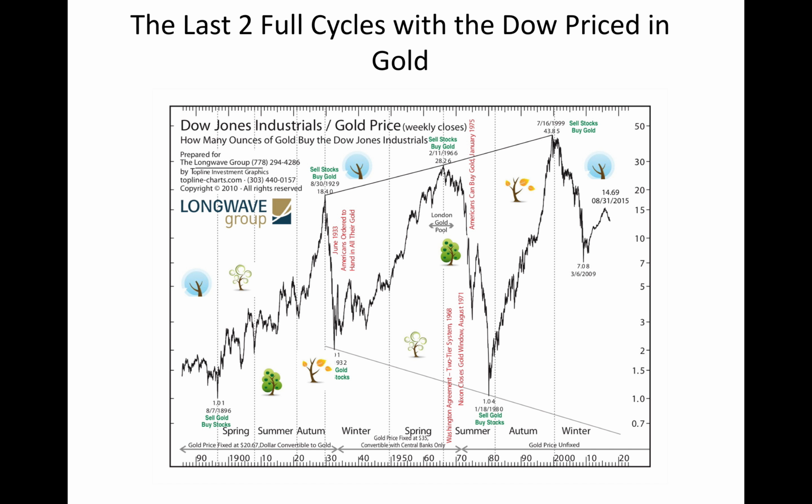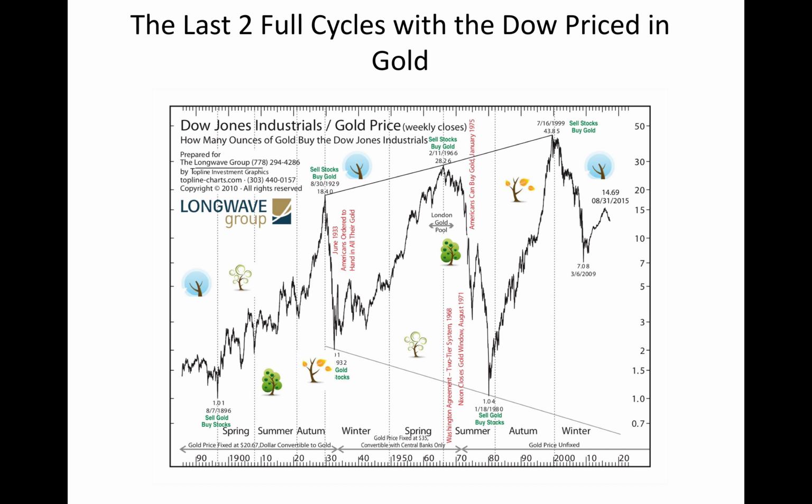One, the relationship between gold and stocks. It's definitely an inverse relationship, meaning that they tend to move in opposite directions. When stocks are up, gold tends to be down, and vice versa. When gold is up, stocks tend to be down. The other thing we can learn from this is that using the US dollar as a metric, or a measuring stick, if you will, for stock pricing is not really a very good metric.